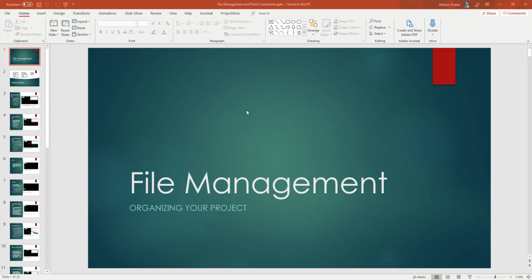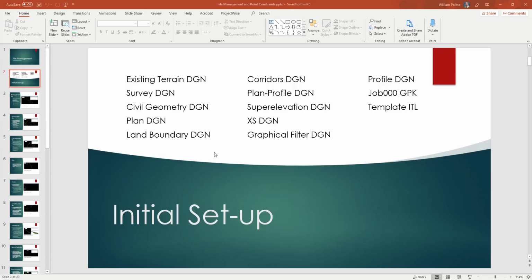This video is going to cover file management and how to organize your project. In the initial setup, there's a start job program that will create folders, and in these folders are going to